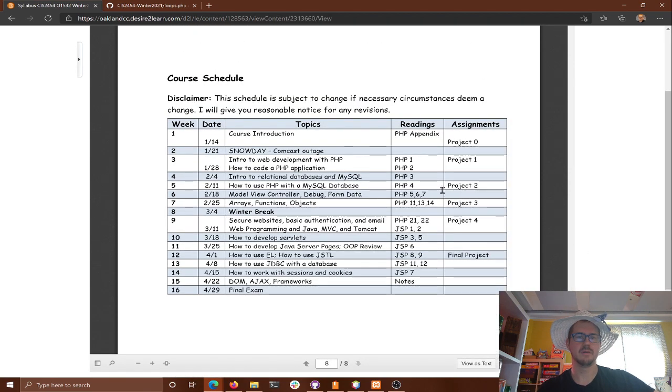Yep, so we have this project 1. We're going to talk about project 2 today after we talk about working with databases. 2 more weeks, another project. Did I not move that? Project 4, that needs to move, right? Because we want project 4 to be servlets here. I'll update that. So 3 is not going to be, 4 will start this week. I'll go change that.